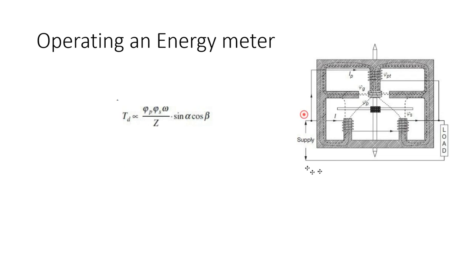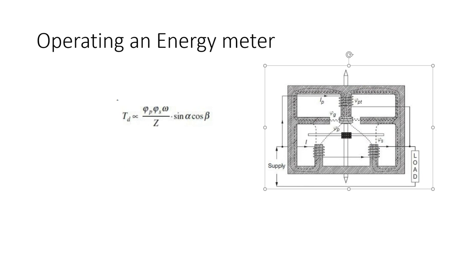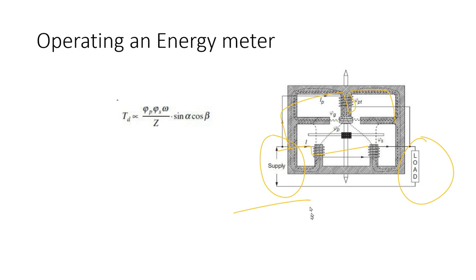We use some supply voltage, and this voltage causes some current to flow through this and some current to flow through this, and then connected with the load. So we are having two connections. One is for the potential connection and the other is for the current connection. So two connections are done,